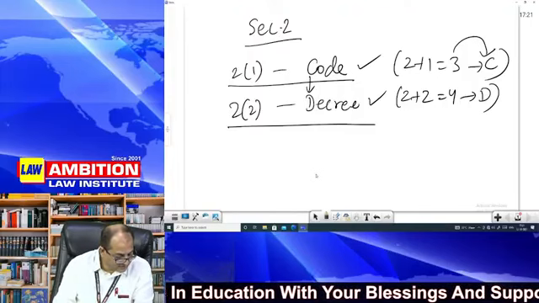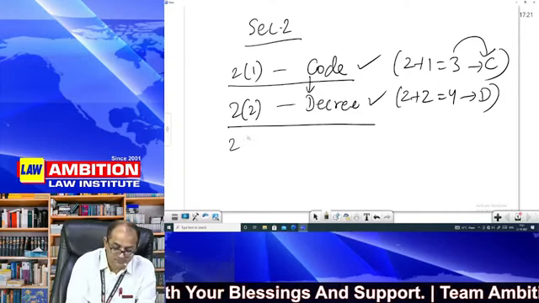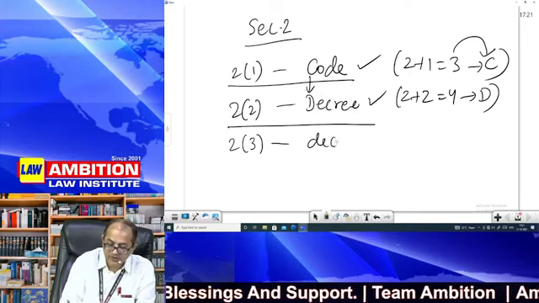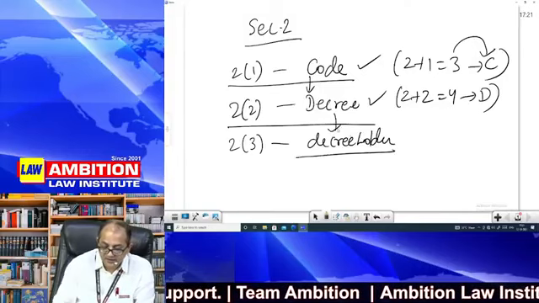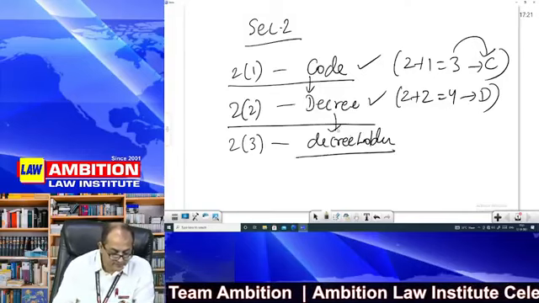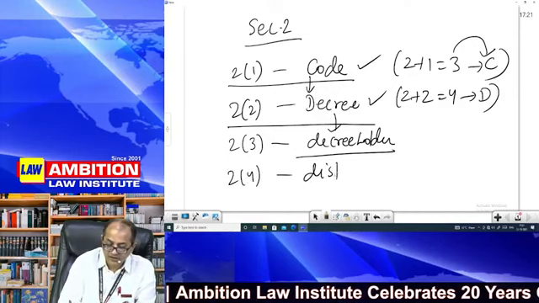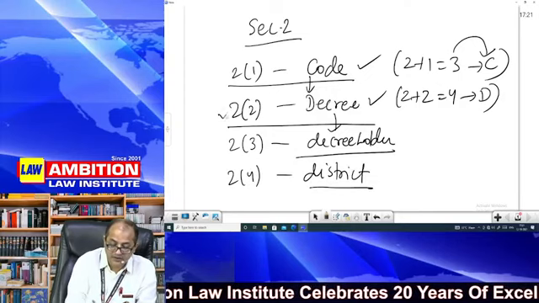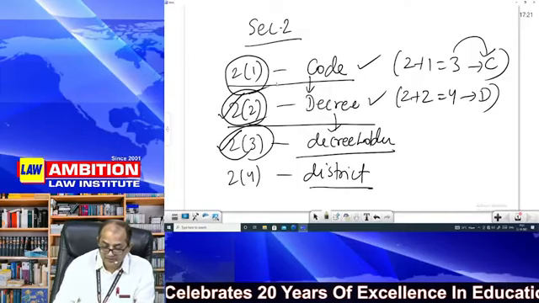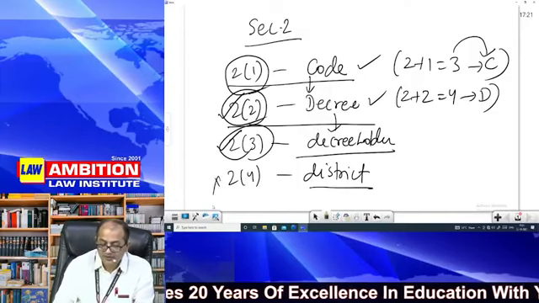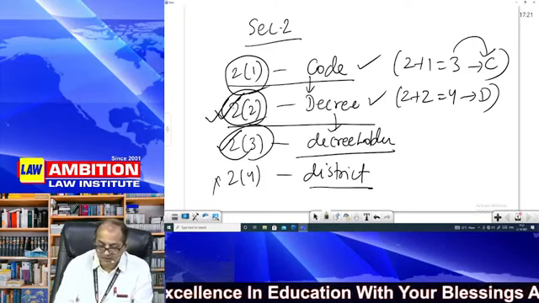And then it says after D, decree holder. So decree will be there, then only decree holder will be there. This is common sense. You pass the decree, then only decree holder. And then there is district. Now, if I have to memorize these words, because in examination there will be this kind of question where decree is defined, where code is defined. Not this is not so important. So where decree is defined, this is very, very important. This question has been asked many times.